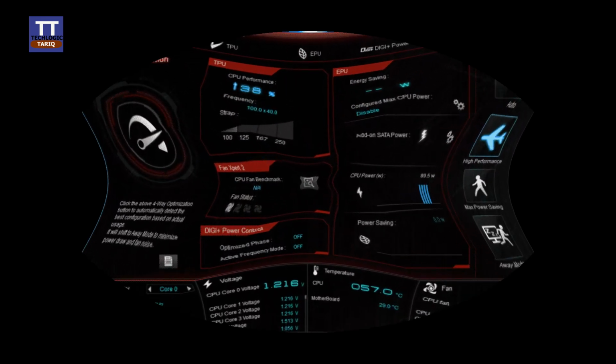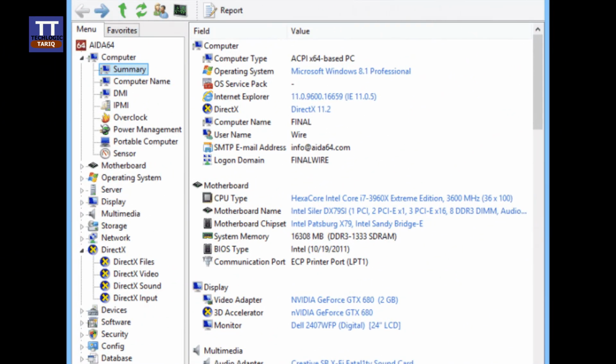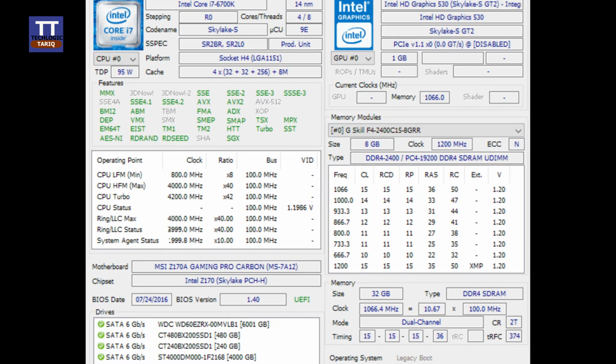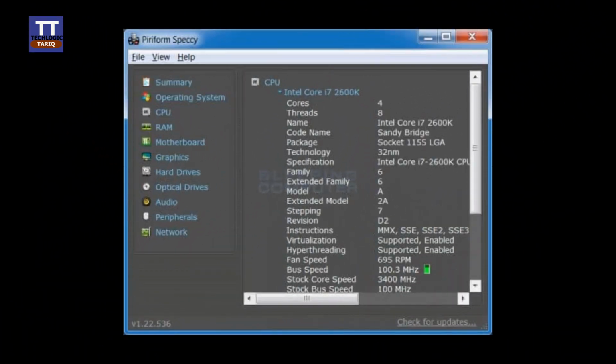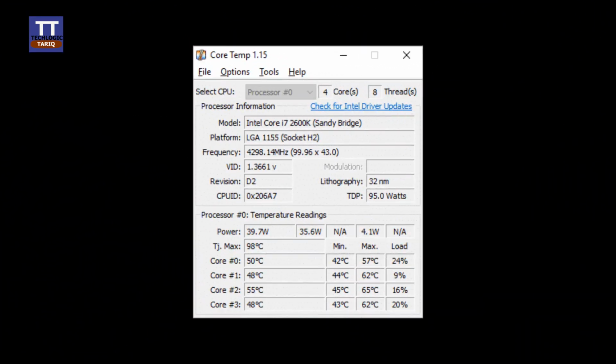Hello guys, if you want to keep your PC in good health, then you need to monitor the system resources. Since we do lots of stuff with our Windows computer, monitoring system resources becomes an important thing. In fact, knowing the peak of your computer's capabilities and limitations can be a lifesaver in several situations. So guys, if you want to utilize your computer at its full potential without damaging or overheating it, then you